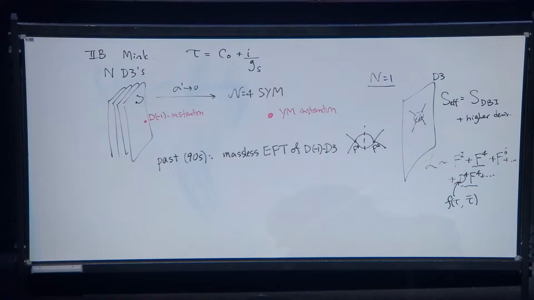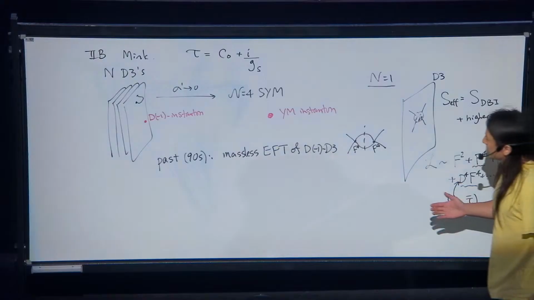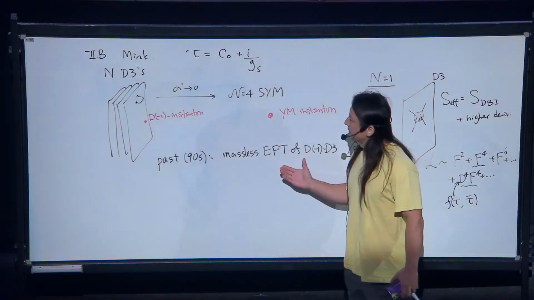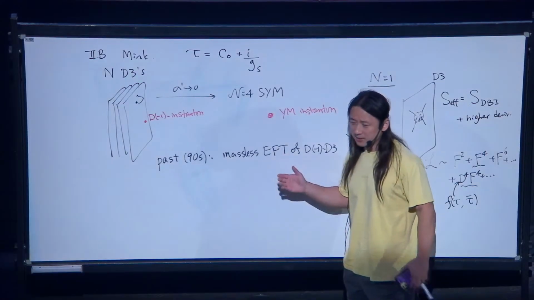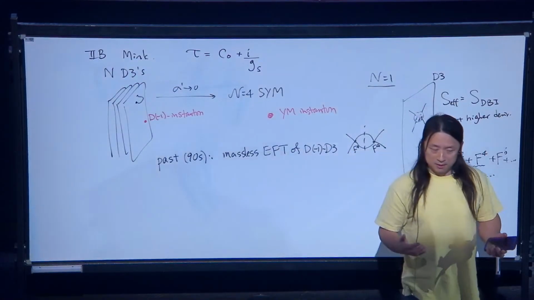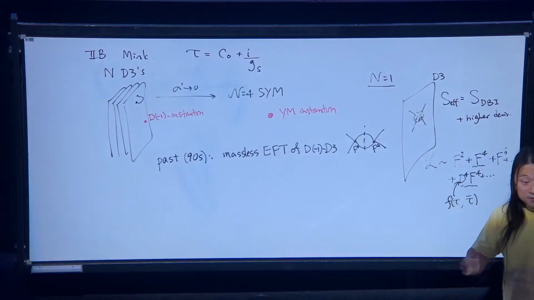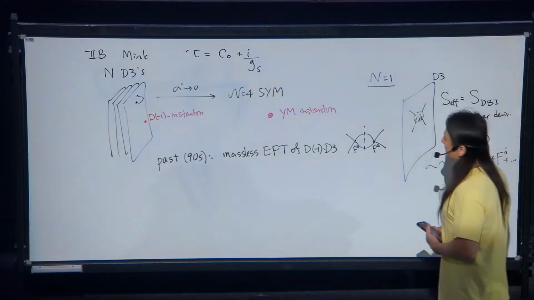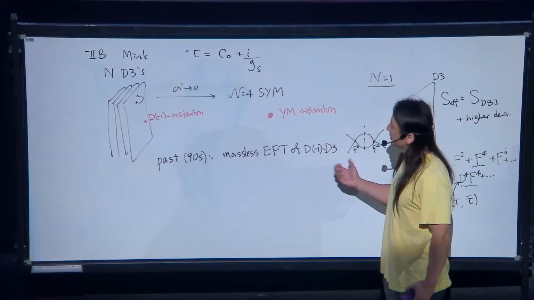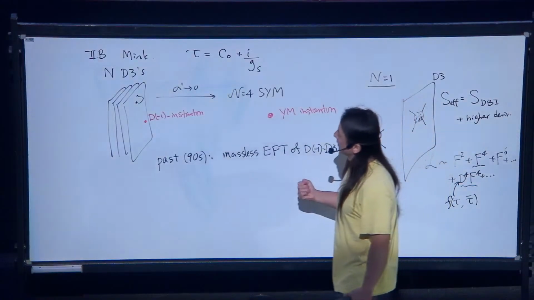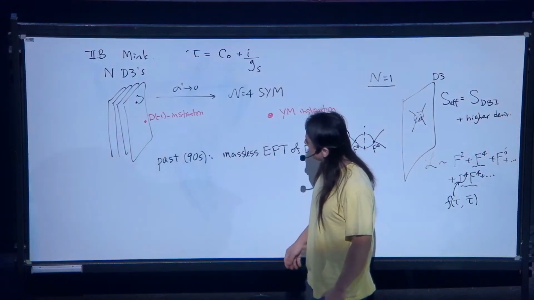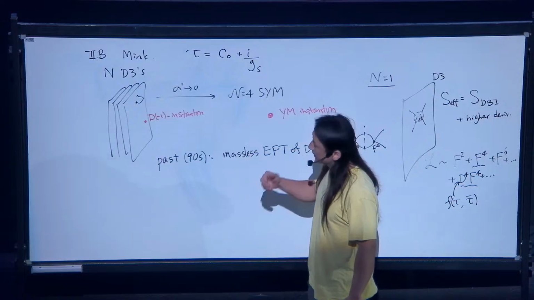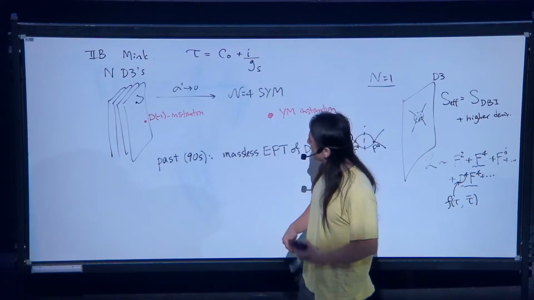That point of view is not totally precise, but nonetheless, people view this effective field theory, or derive this effective field theory, simply as a dimension reduction of the effective field theory on, say, the D1, D5 system. The D1 brane embedded into D5 branes. And then you just reduce 2 dimensions. So at least heuristically, that effective field theory is supposed to characterize some kind of low energy effective action of the open strings